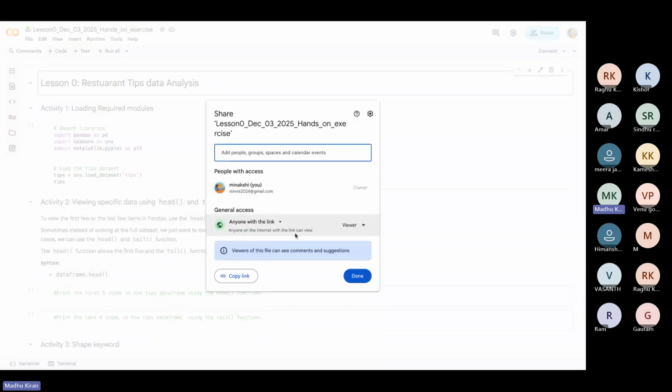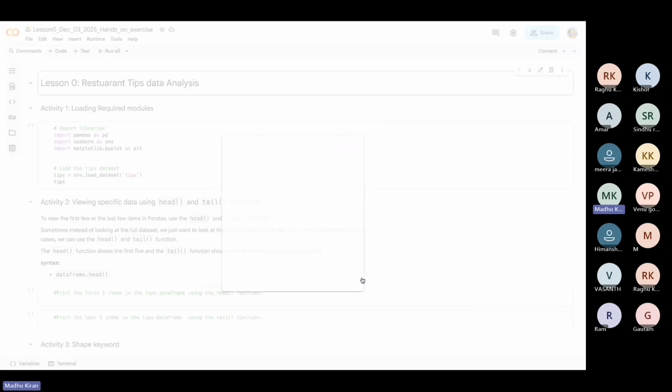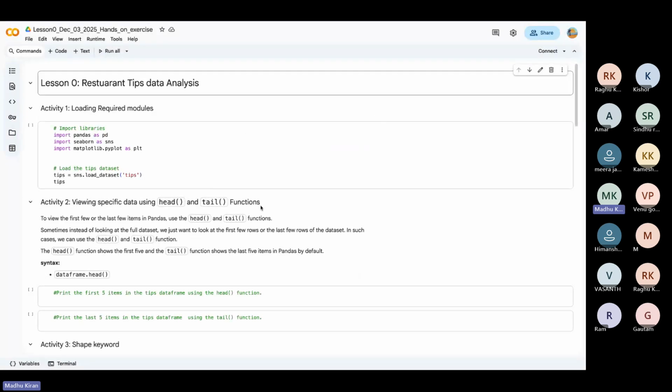I usually give view access because multiple people can work on this, so if you are editing and I'm editing, all the code gets updated. I'll show this again when we start with the basics of Python. Today is just an introduction. If you don't follow along, it's okay, because I'll clearly show all the steps again on day 4 when we start with the basics of Python, like the concept of variables and data types.